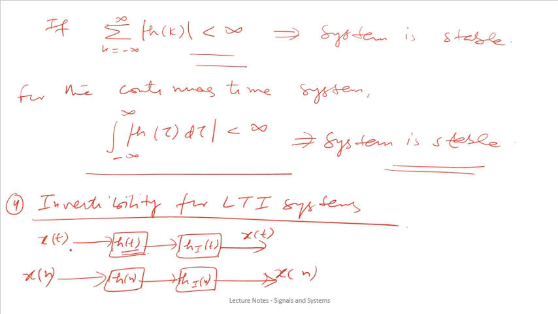Now this system is invertible only if an inverse system exists that, when connected in series with the original system, produces an output equal to the input to the first system. So this is the meaning of invertibility. We have also discussed this property in the first unit. I have written the same signal here and here because this is the condition for an invertible system, that the output should be equal to the input applied at the first stage. So we can have a relation between h(t) and h_I(t). Let us try to derive that.